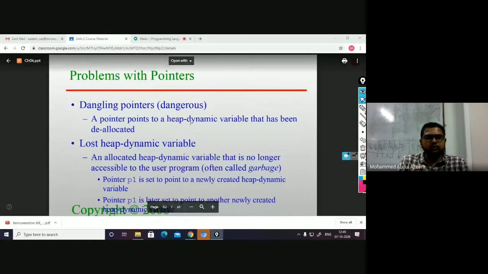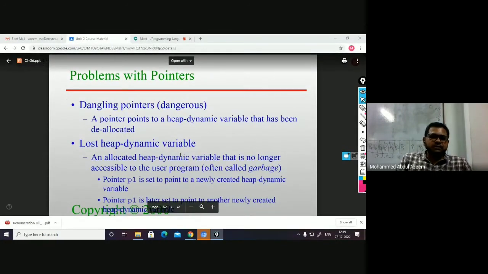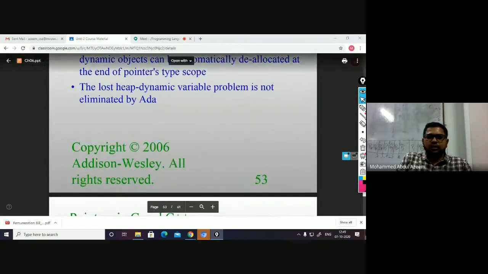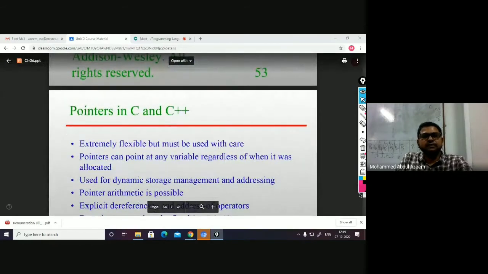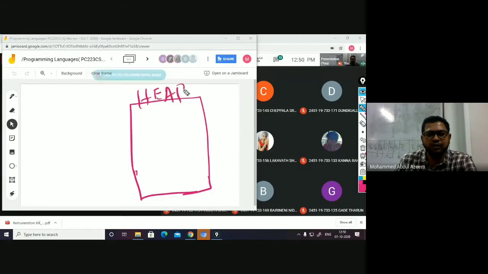There are certain problems associated with pointers, like as I discussed before, dangling pointers, aliasing and all. I'll explain with an example here. You have the heap. Heap is said to be the memory available at runtime for access. Anybody can come and access a certain part of this particular memory. So this is openly available for all.